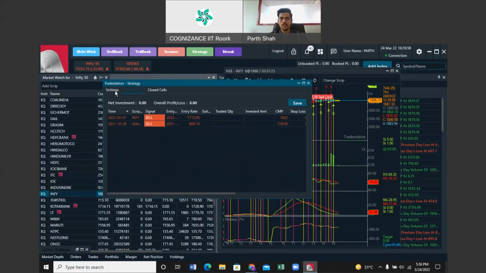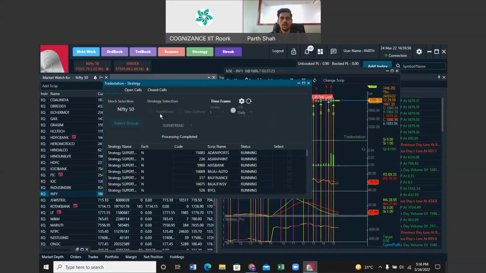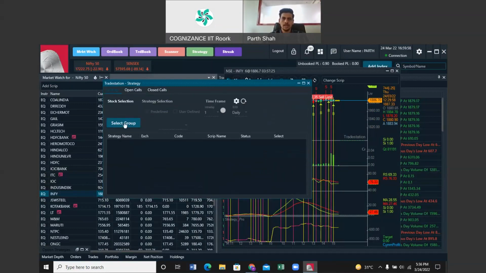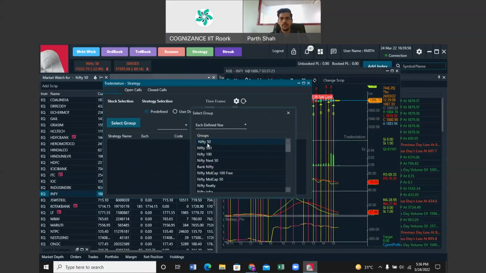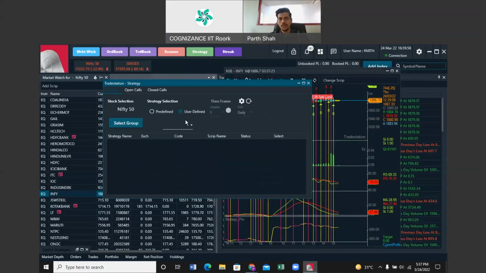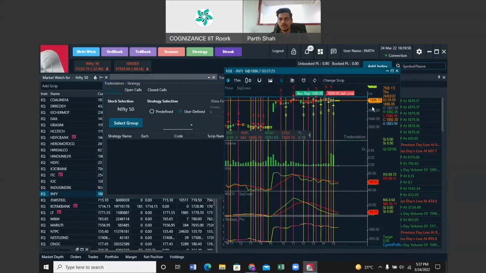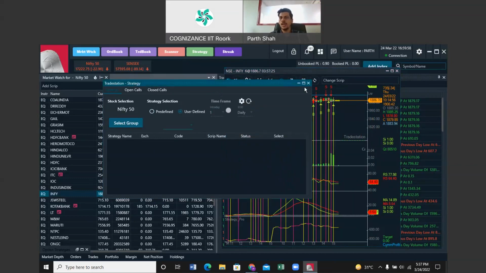So if you could see, I'll go here again. I'll reset this thing. So if I select the group as Nifty 50 again, and if I say user defined, and say if I would save this particular strategy first, and then come back and select the strategy here, then I could test this particular strategy as well, backtest this particular strategy as well, and I could actually get to know if this strategy is actually performing or not, or how is the performance of this particular strategy.